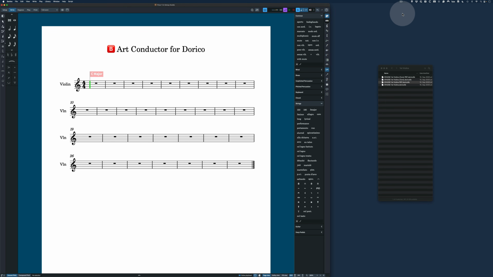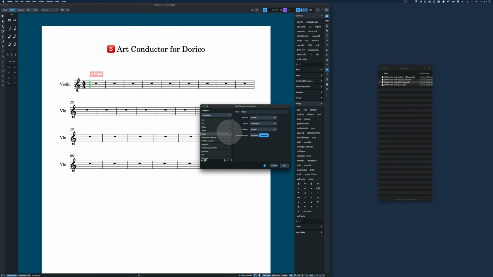Here's a typical example: whether a playback technique is set as an attribute or direction. Our maps default to attributes, which means when you create a score marking, it'll affect only the specific group of notes you assign it to. The idea here is to give you the most detailed control possible. But if you prefer a more broad strokes approach, you can always open the playback technique editor and change a technique to directions. This way, your marking will affect the entire playback moving forward.